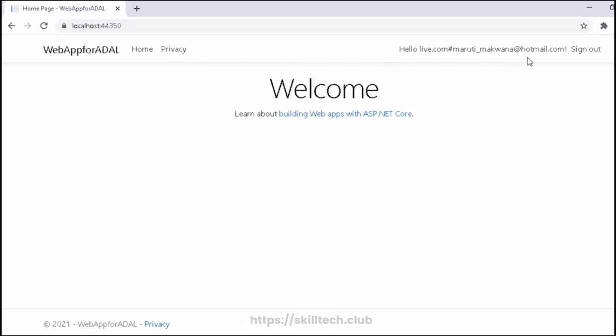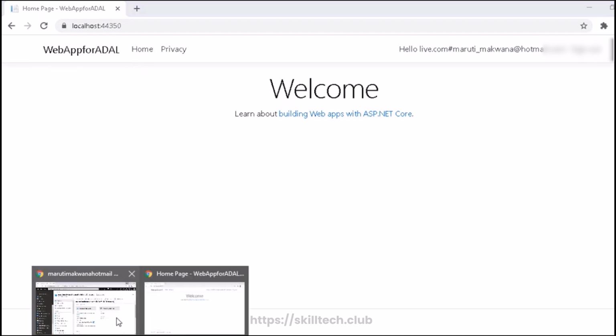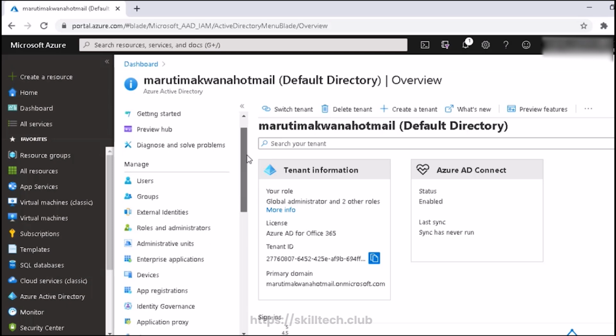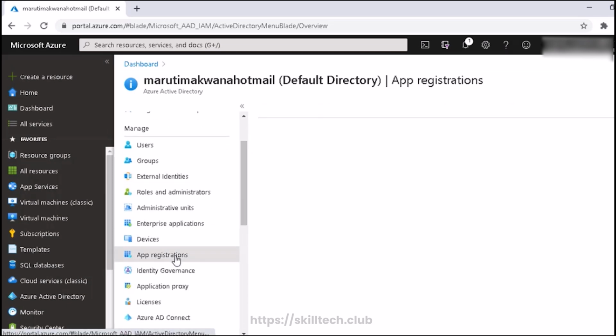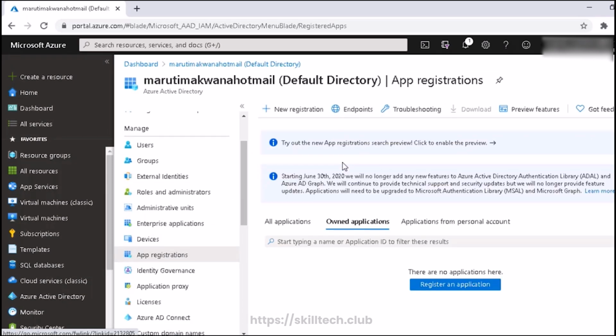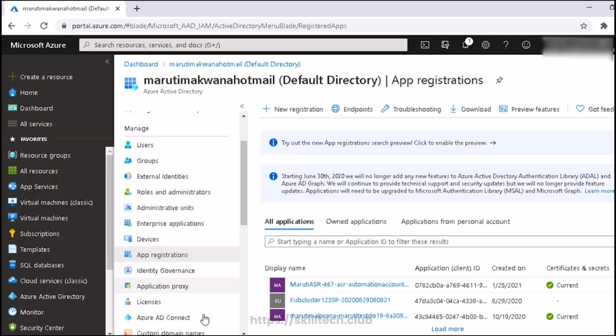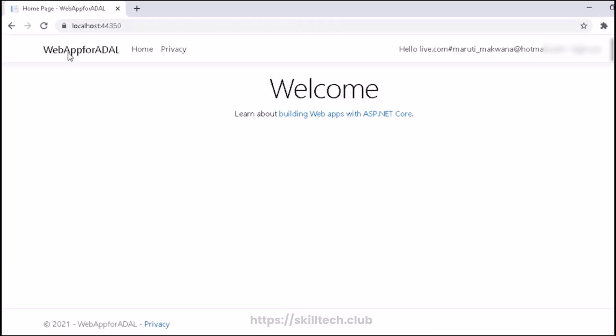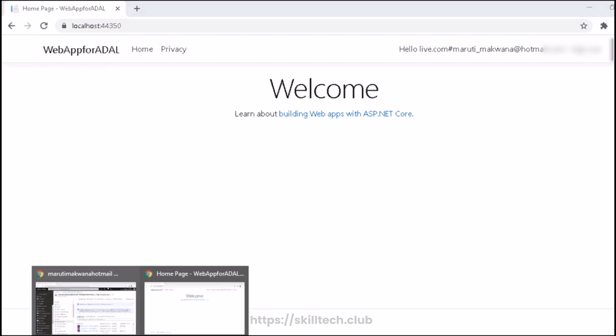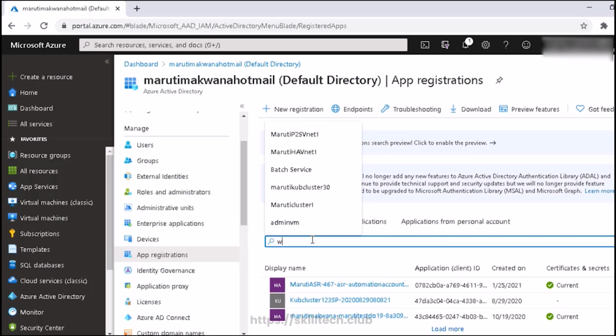Once your user is able to log in into this application, the name of this application, which is Web App for ADAL, is also going to be registered on your Azure Active Directory. Like right now, if I go to my Azure Active Directory account, left side we have a section for app registrations. And inside this app registrations, if I try to search for all application, and in that I am going to search for the exact same name, which is the name for my application, web app for ADAL. If I search for that,